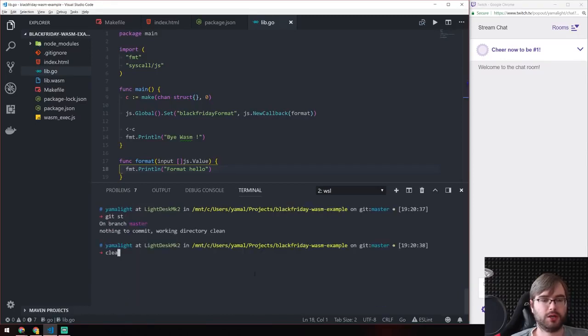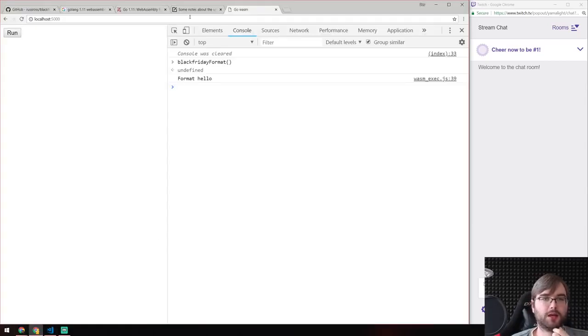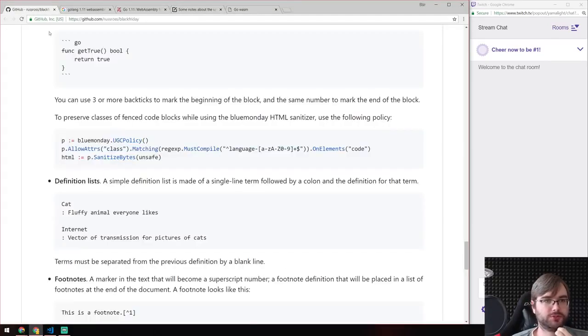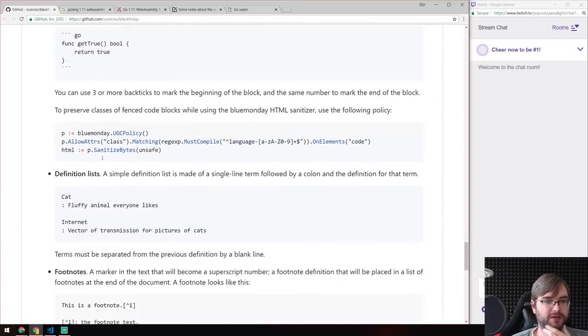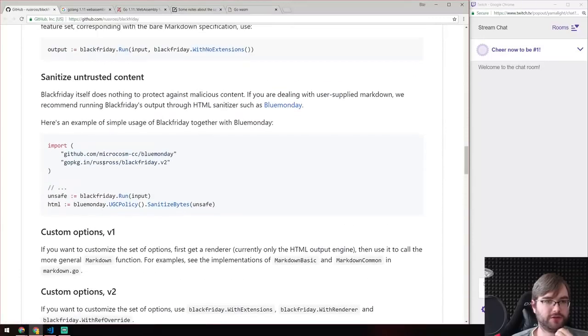And now that we expose some function, let's try to actually take in the value and use this Black Friday library to return a formatted version of it, right? So we get this Black Friday output,